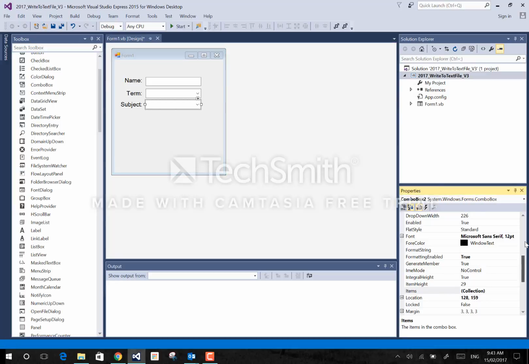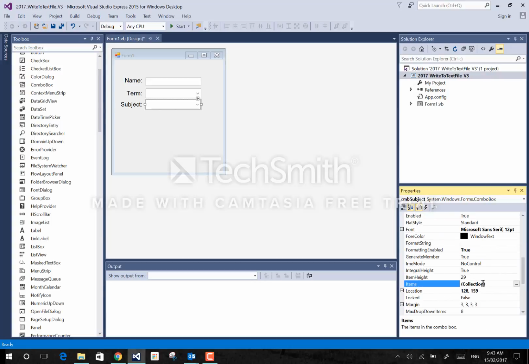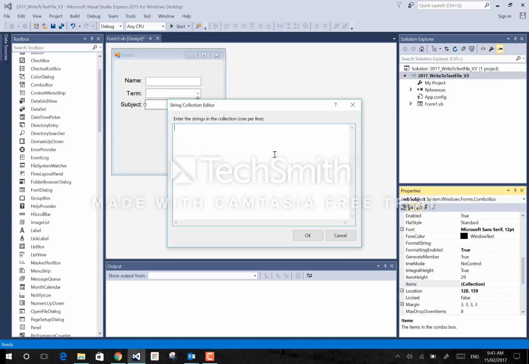Subject here, this one is going to be called CMB subject. And items, I'm just going to put in just a few sort of standard subjects that you might like to do. It's programming, coding,